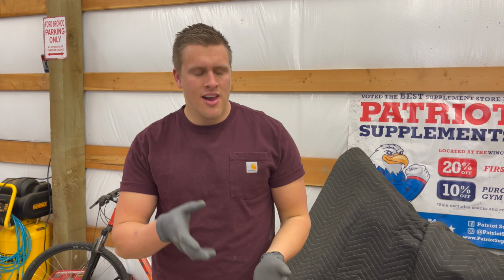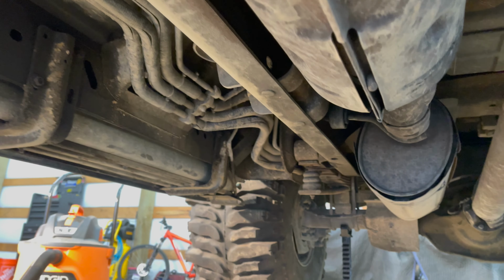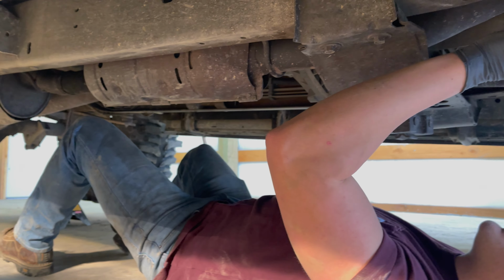So the car is up in the air, but I did see one problem we're gonna have with the exhaust system. There's something stuck right in the exhaust tip over here if you look. So our goal is to get this exhaust clamp off right here. We're gonna get everything cleared off all the way back. We're gonna mock it up with the white PVC pipe, kind of see what we need to buy for the angles and crap like that. The muffler's coming off, catalytic converter's coming off, and we're gonna come all the way back up to right here